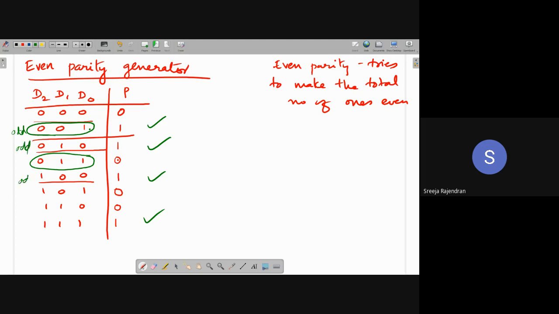Here also it's odd. Here also odd. So whenever the number of ones is odd, only in those cases my output P is 1. So which kind of a gate? XOR. An XOR gate will give me that kind of an output. So I can generate my P even parity bit using